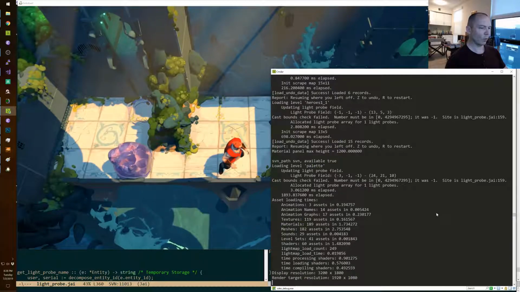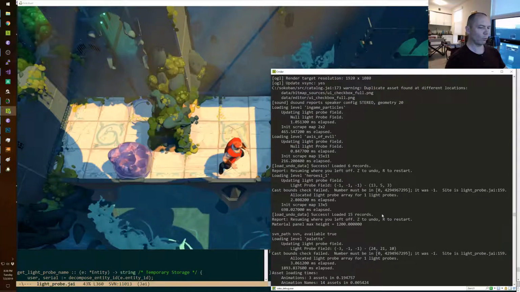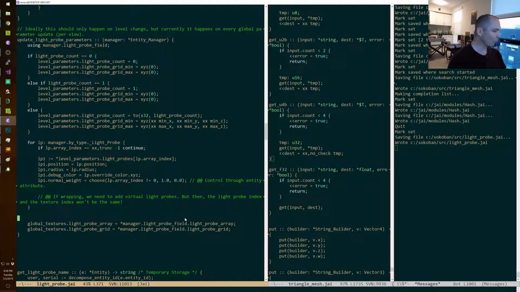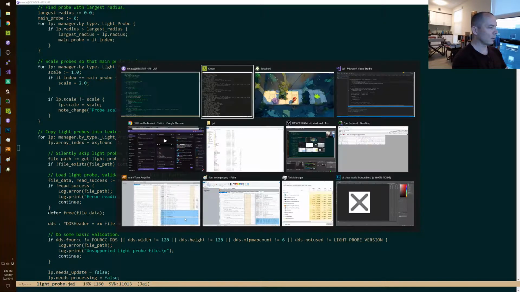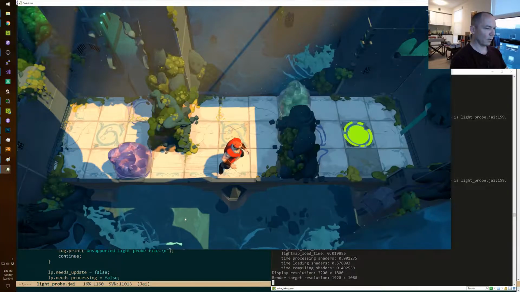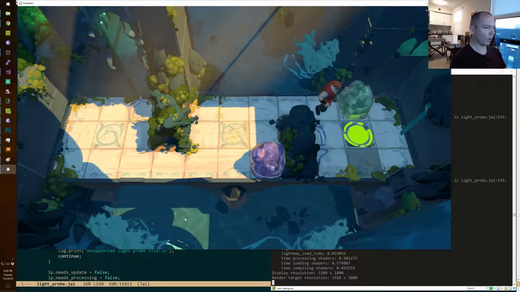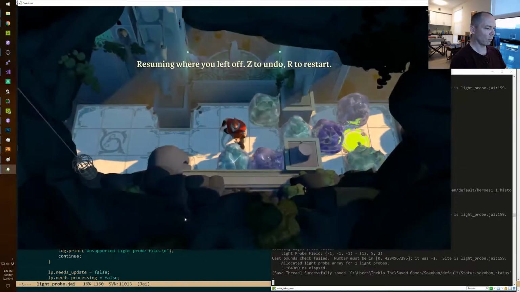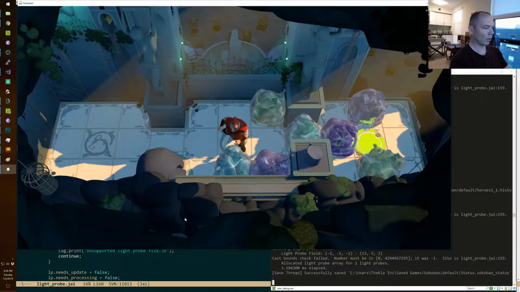Hey, we're not spamming, but we've got another light probe, 159. It's probably the same issue, but in a less exercised code. Oh, there we set it. Okay. Let's see if we could run around and make some things happen and get some more of these. Same light probe file. Okay, let's just restart.